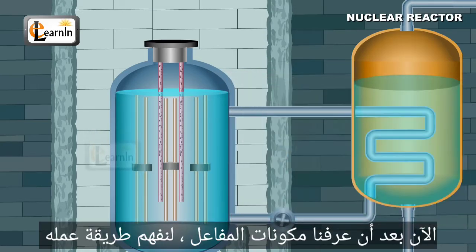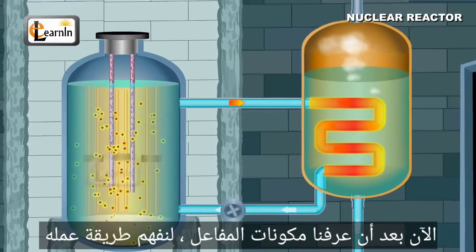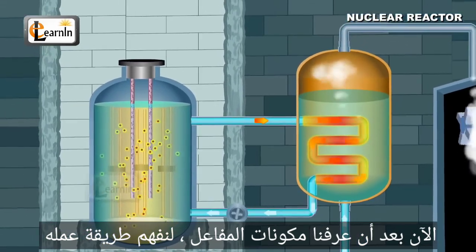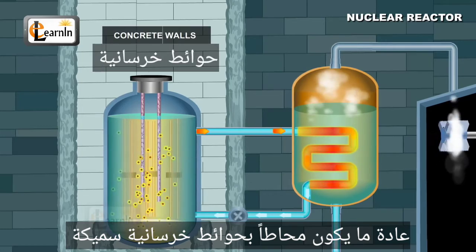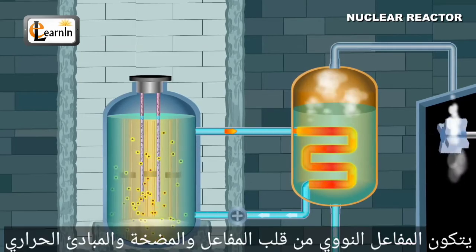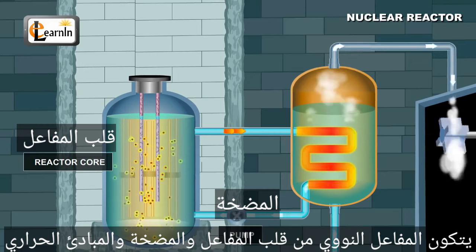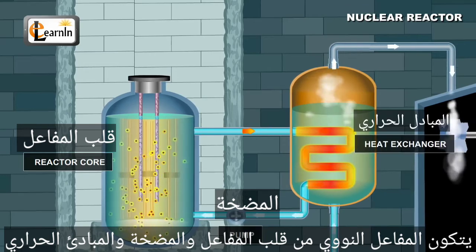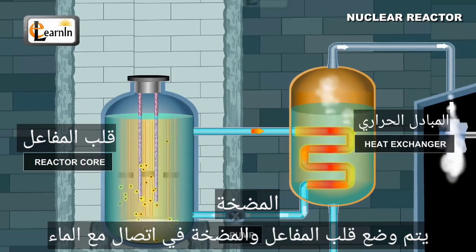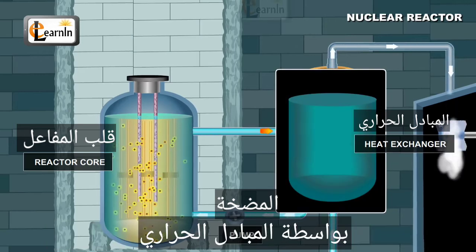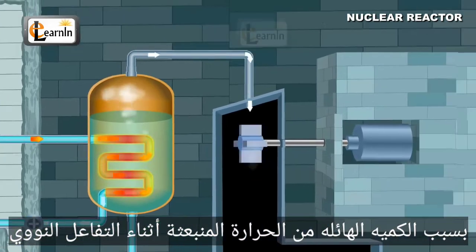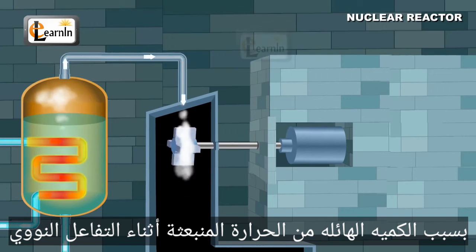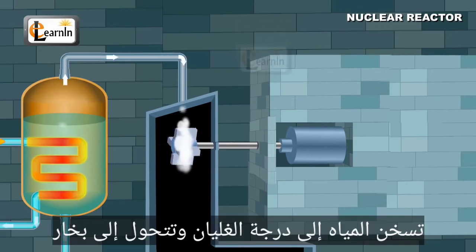Now that we know the components of a nuclear reactor, let's understand the working of a nuclear reactor. It's usually enclosed in a shield made of thick concrete walls. It consists of a reactor core, pump, and heat exchanger. The reactor core and pump are placed in contact with the water, which is usually the heat exchanger in these reactors. Due to the enormous amount of heat released during the fission reaction, the surrounding water gets heated up and